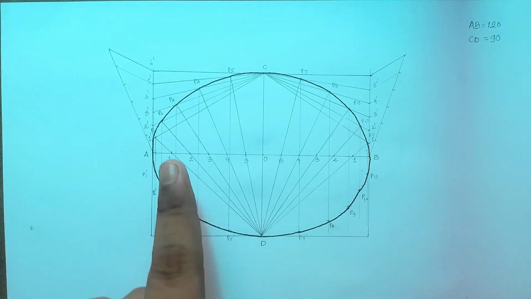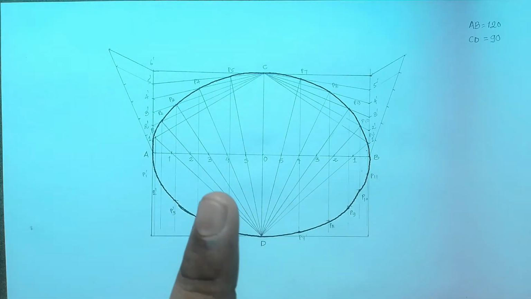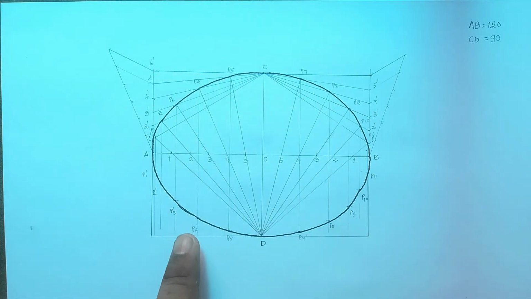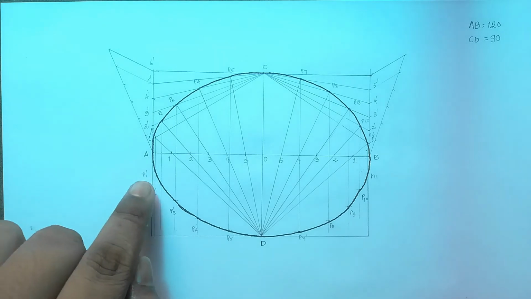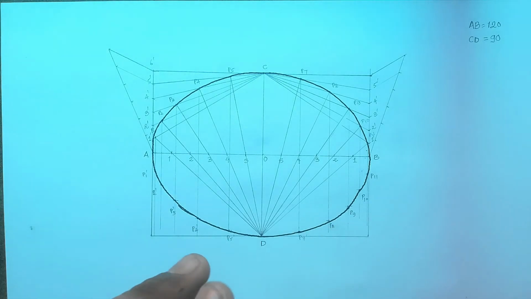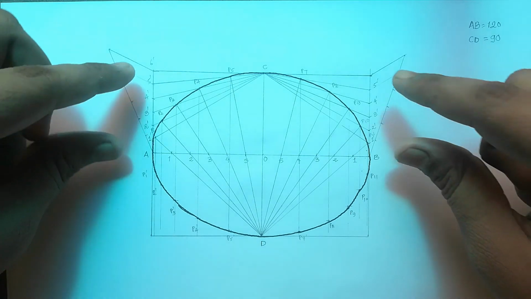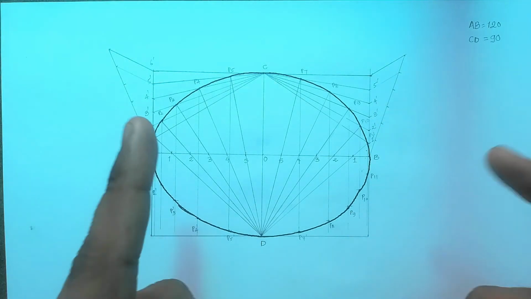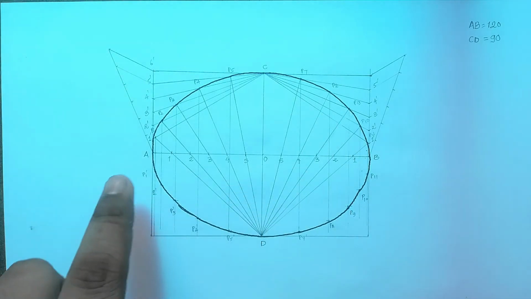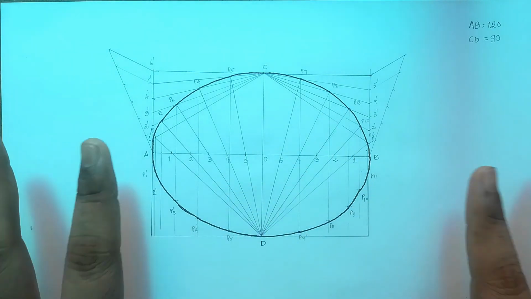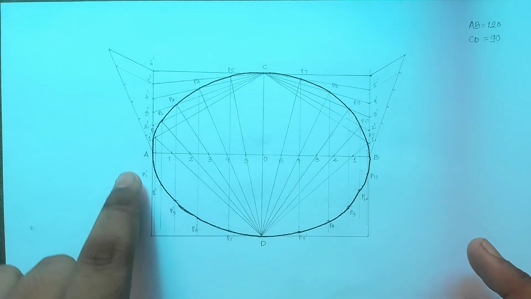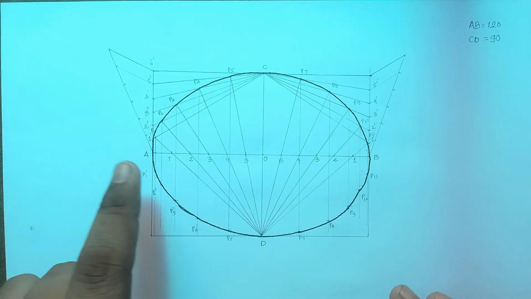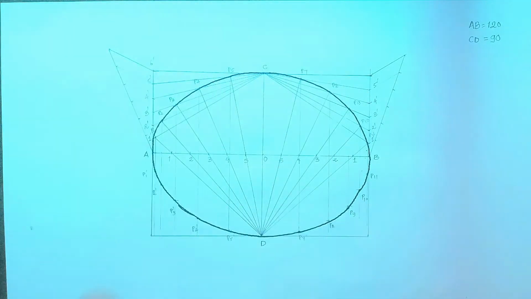Now over here observe that the rectangle or oblong method is used only for the above section. I have not used it for the below section. So the below ellipse is not as accurate as the above ellipse. If you want proper accuracy, you have to use the rectangle method in the below section as well. This was just a very quick way to draw the ellipse in the below section, but for exam purposes you have to use the rectangle method in all the sections.